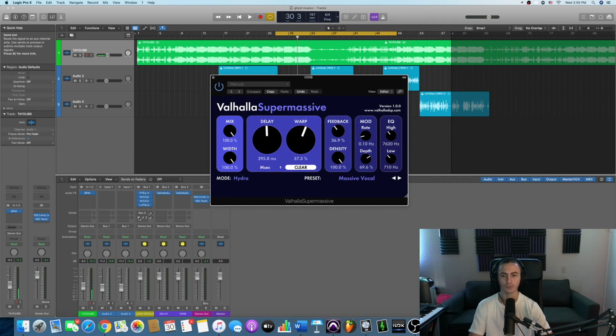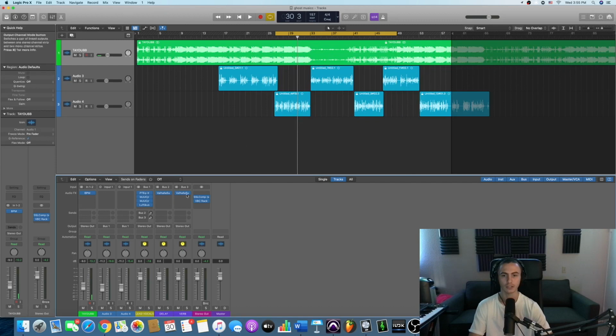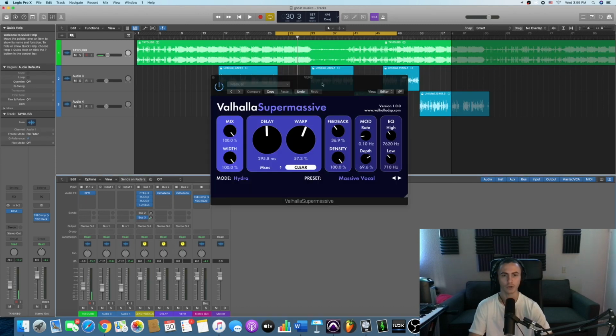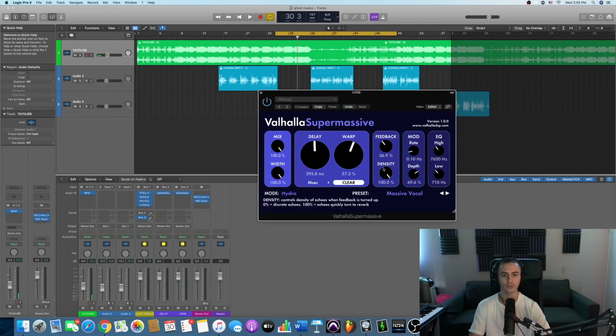I'll show you how to use it for reverb first. So I'm having a bus send to number 3, and this is the instance we're using. And if you want to use it for a reverb, you turn the density all the way up. As you can see at the bottom, that little description right there is 0% discrete echoes, 100% echoes quickly turn to reverb. So if you want it as a reverb, you turn the density up,